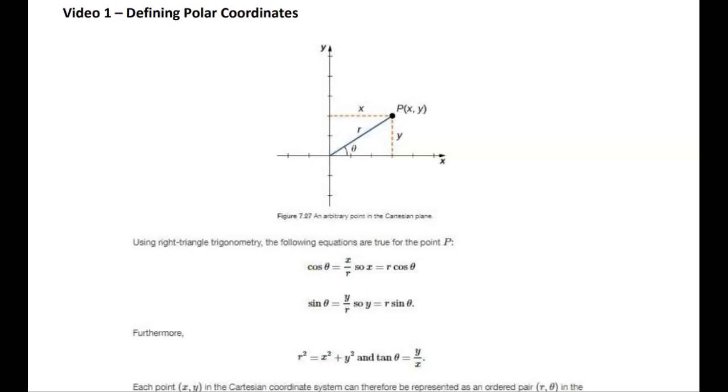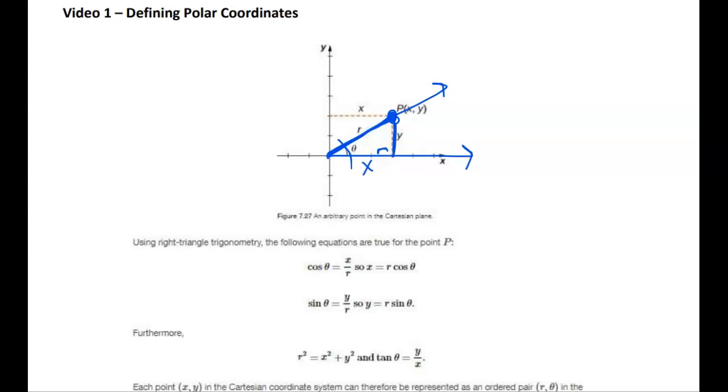All right, so we are going to be looking at a brand new coordinate system. And our coordinate system here is going to take any point in normal xy and change it to be the angle from the x-axis through some angle theta here. And then that point, since it's not infinite, is a distance to the origin, which we're going to call r. Now, if you were to use just normal trig here,